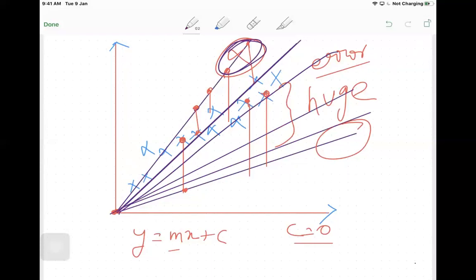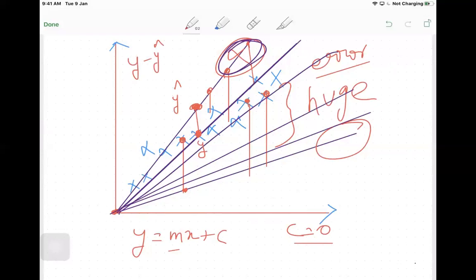So how do you get the minimum error? Minimum error is nothing but the summation of all these errors. You have seen here already, let's say this is my y predicted, so I call it y cap. And this particular thing that we have here is nothing but my y, which is the actual value. So your y minus y cap will give you the deviation, will give you the error.